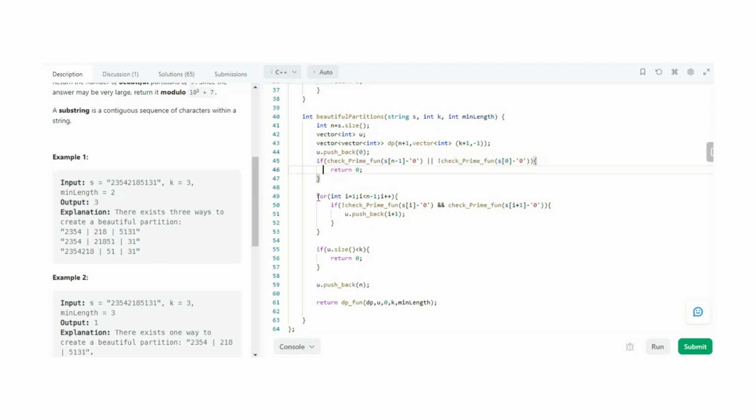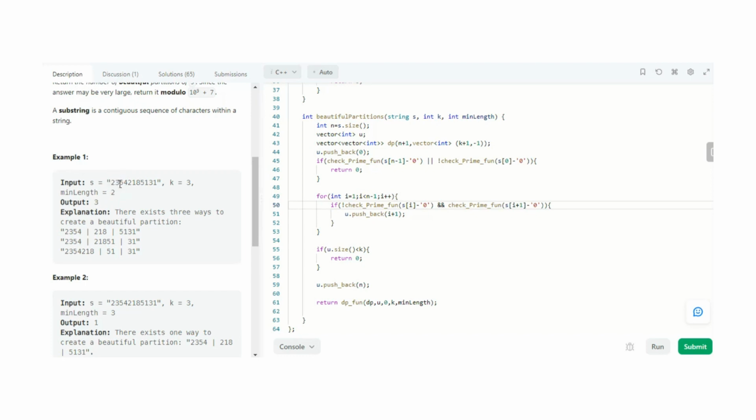Now we will run our for loop from i equal to 1, as we already pushed the 0th index into the u vector. We will check whether that particular character is composite.